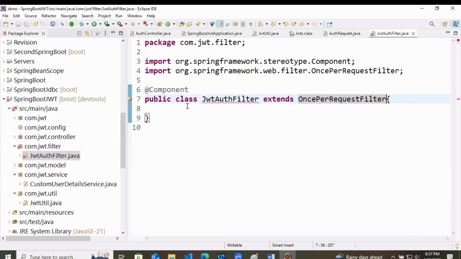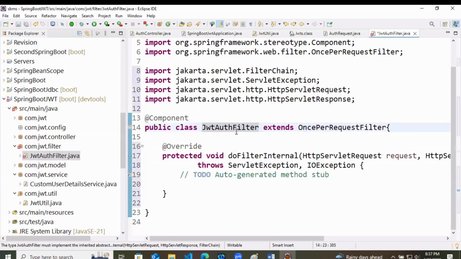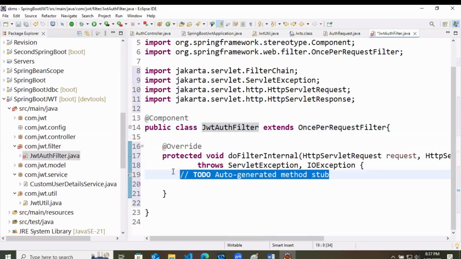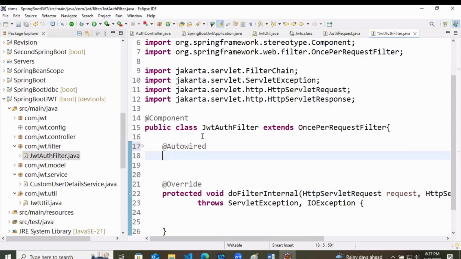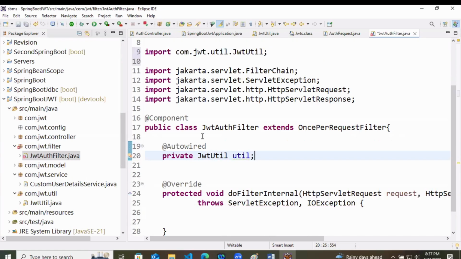Now inside this, we have the unimplemented method for this. So we'll just implement it. That is doFilterInternal, it is built in. But here we are going to use some things, so let's auto wire them. Here we are going to use the JWT util class, because that will generate the token and validate the token.